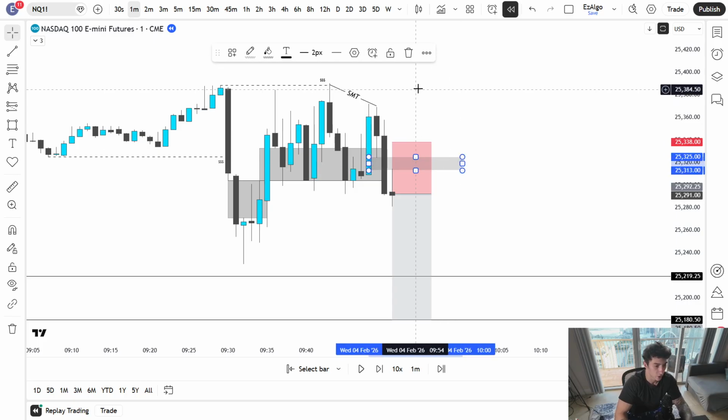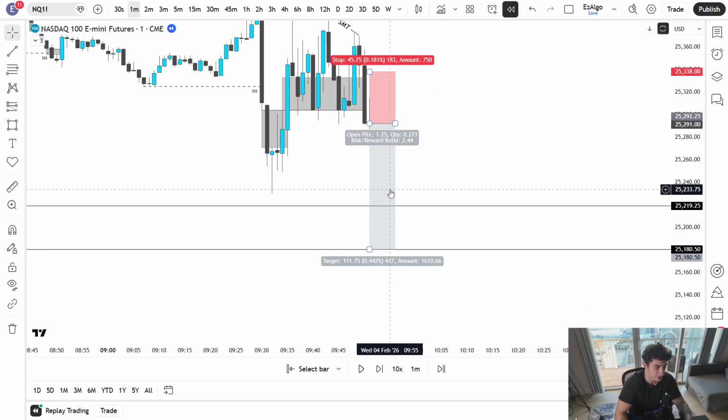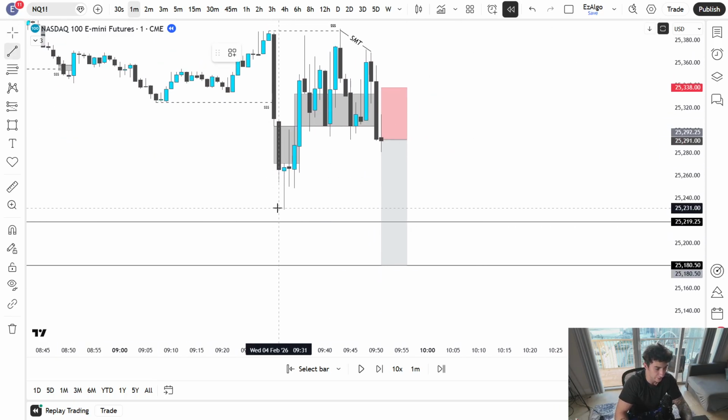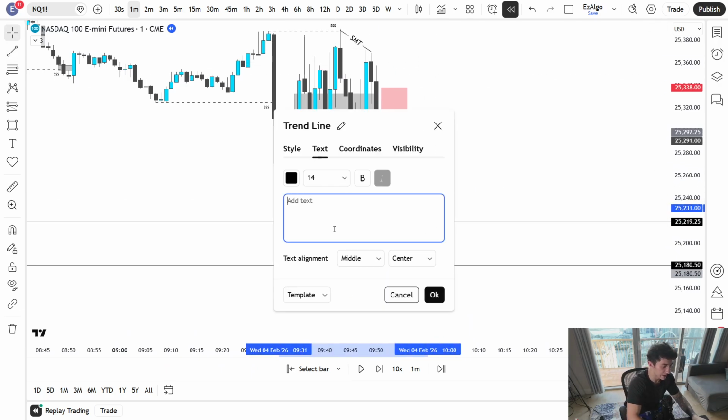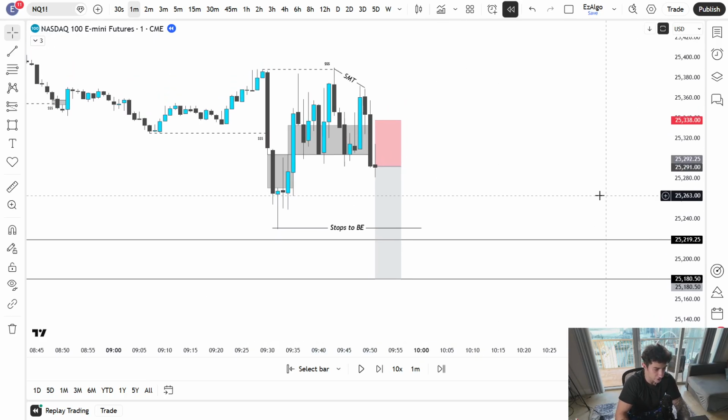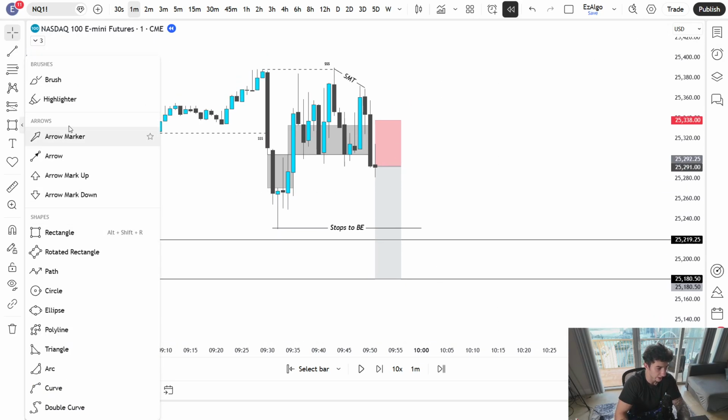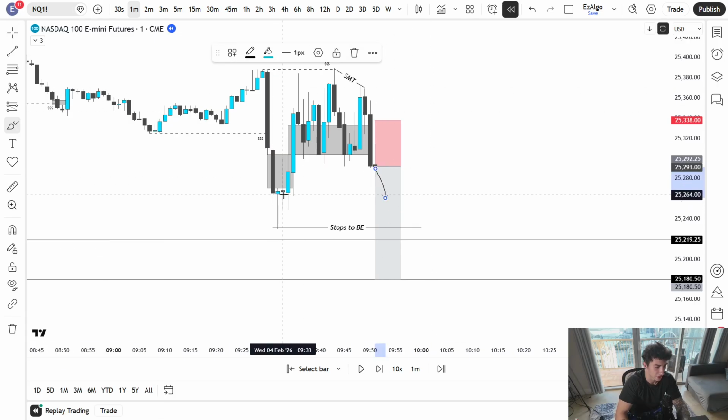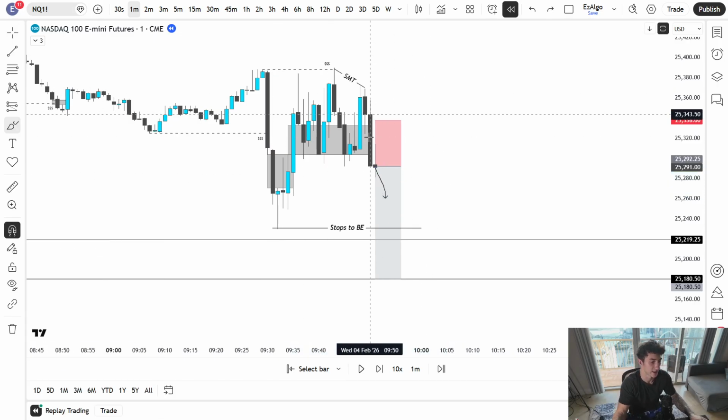That's my stop loss. Once again, I'm targeting lower prices here. This is my stop loss to break even level, obviously the nearest internal low. Now, I do see a lot of people getting chopped up on their break even, right? A lot of people will move their stop loss to break even too early. Like price will go down a little bit, and then they're already moving their stops to break even, right? Which makes absolutely no sense.